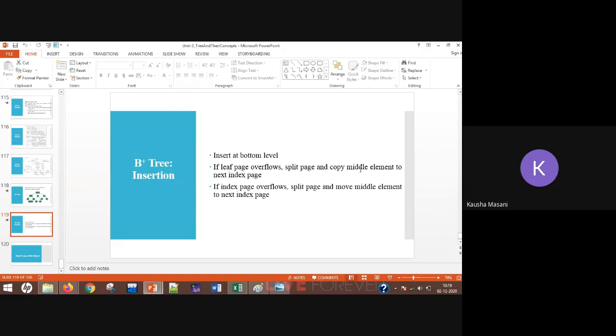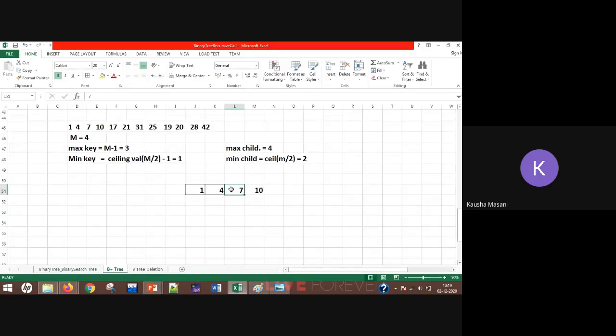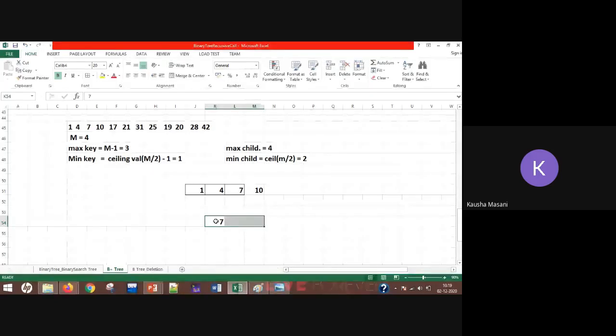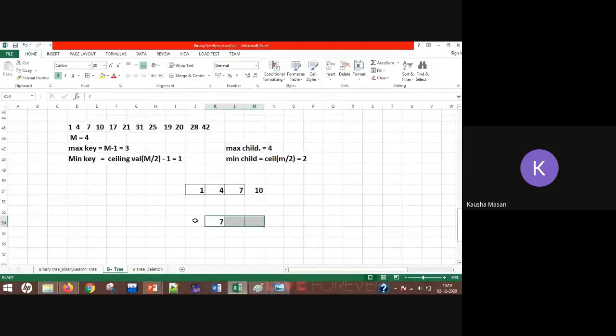My 7 is now my parent node. Okay, with a node having 2 more spaces to accommodate some values. Okay, यहाँ पे इस side 1 or 4. Okay, and this side you will copy 7 as well as 10.